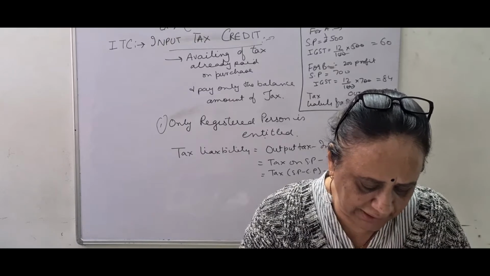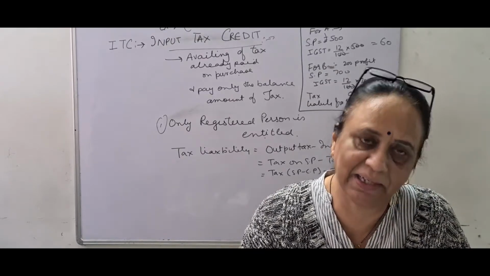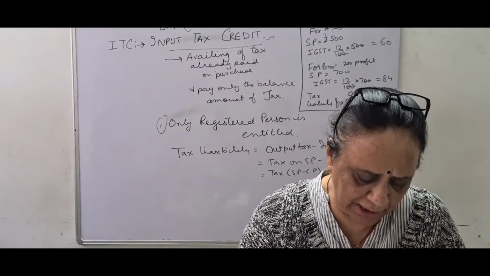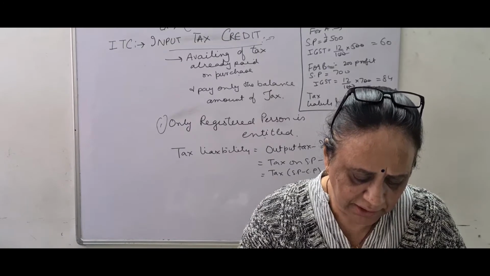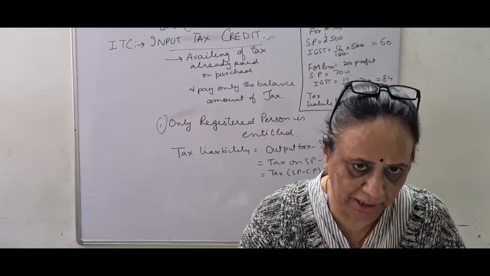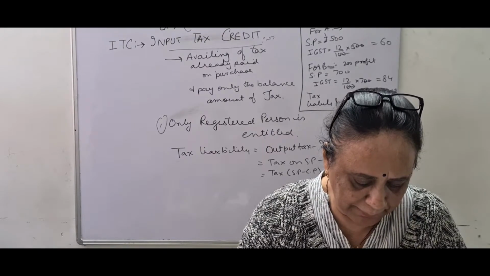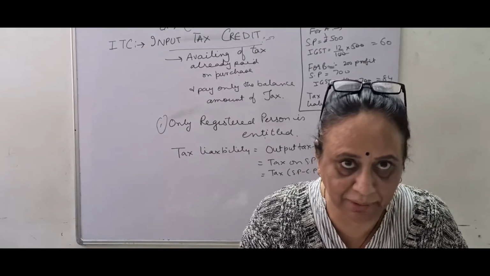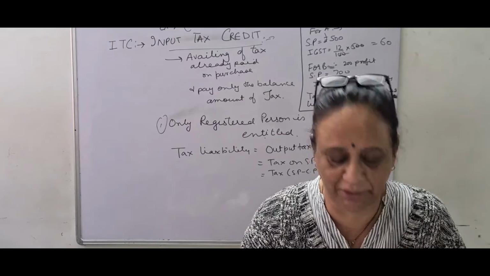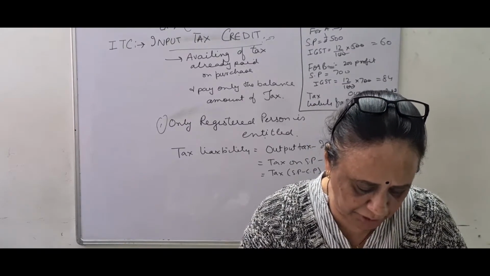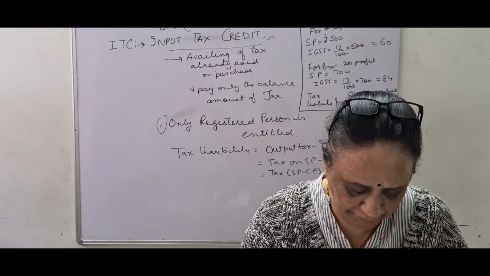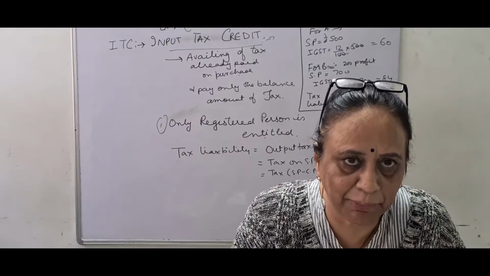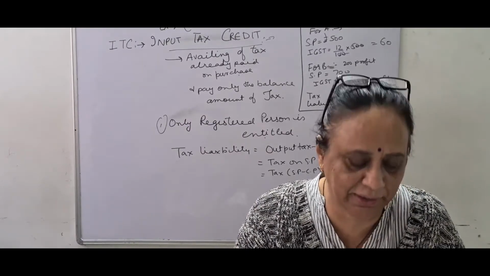And then input tax includes CGST, SGST and IGST: central, state as well as integrated. Credit of the tax paid on every input used for supply of taxable goods or services or both is allowed under GST. Be careful: for the purchase of products like liquor, petrol, diesel, input tax credit is not available. You cannot get the credit on these. And in the export of goods, GST is not payable. Such transactions are called zero-rated transactions in GST.